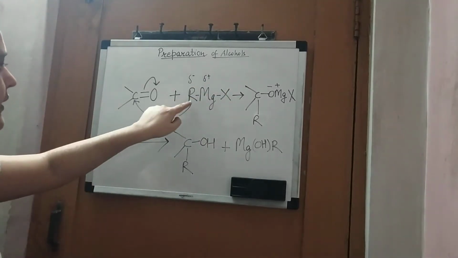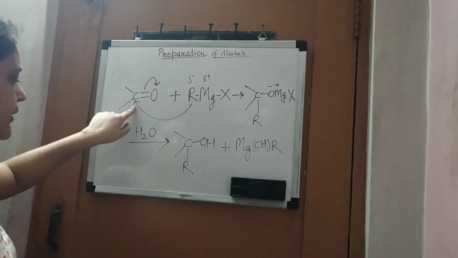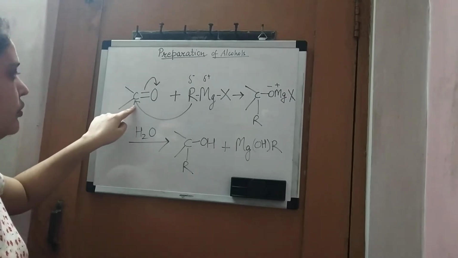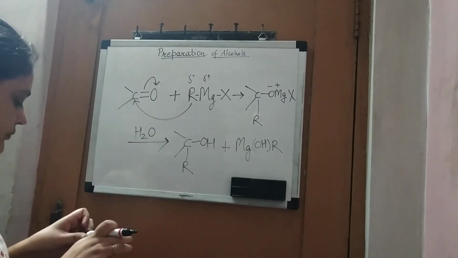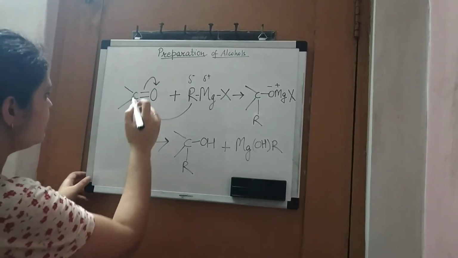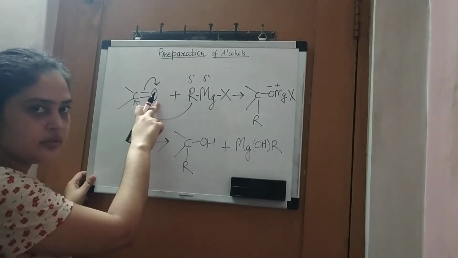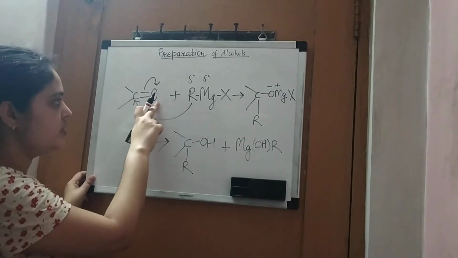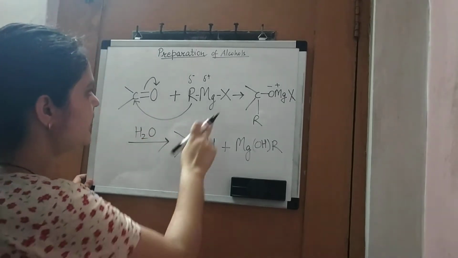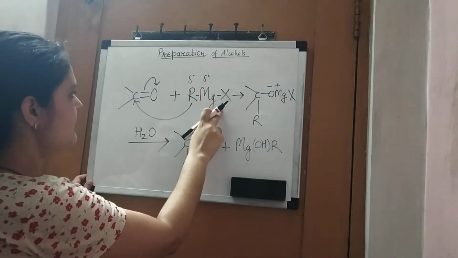So this R will attack the carbon atom of the carbonyl group, and this bond will shift here, and the oxygen will become negatively charged,